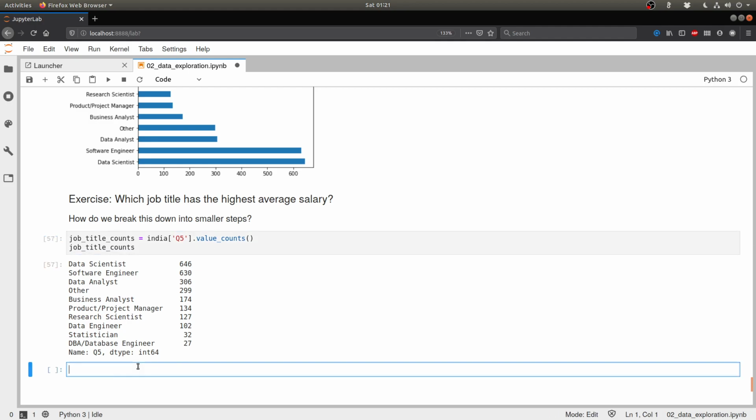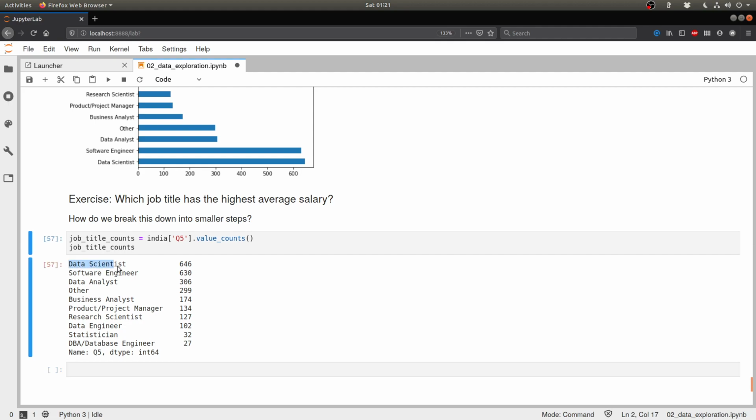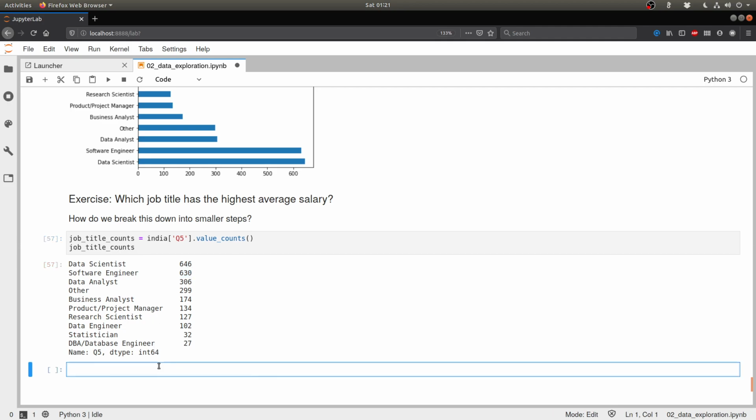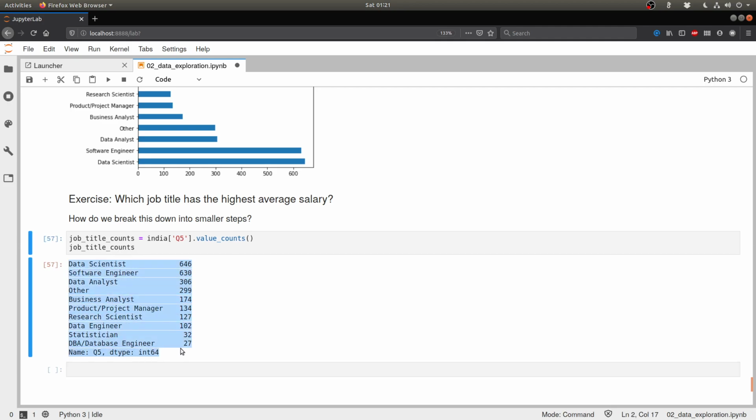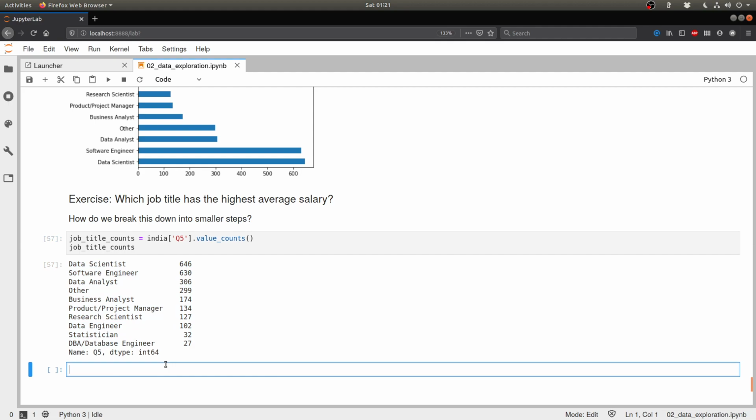Then what I need to do is filter the original data set by each of these values, take the SMin value out of them, sum them up and divide it by this number, because that's the number of times it appears. So that would then give me the average. So what I can do is iterate over this value. Now one of the things about iterating over a particular series is that remember that it basically behaves like a dictionary. So it would be something like for job_title, which is the key, and then count, which is the value, in job_title_counts